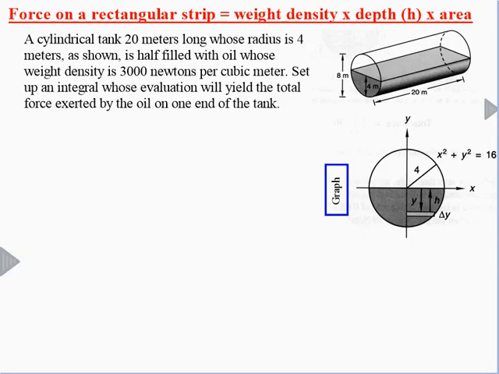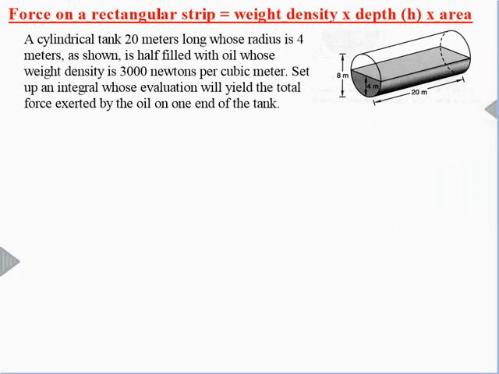Last example here, this is another one, a cylindrical tank, 20 meters long, whose radius is 4 meters as shown, is half filled with oil, whose weight density is 3,000 newtons per cubic meter. Set up an integral whose evaluation will yield the total force exerted by the oil on one end of the tank. So here we have a cylindrical tank,